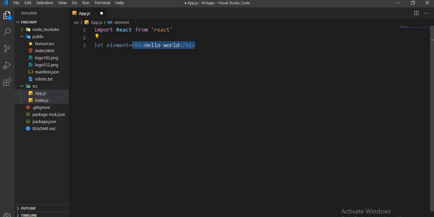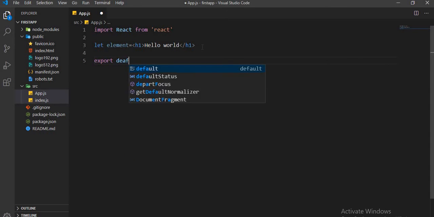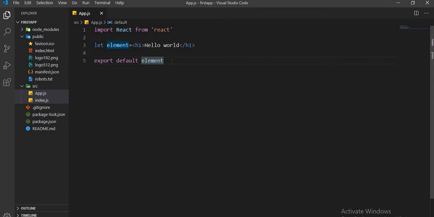So this is JSX. I know it's quite similar to your HTML code, but this is JSX, and we will learn more about JSX in our next video before jumping to components. And just simply export it. export default element, save it.